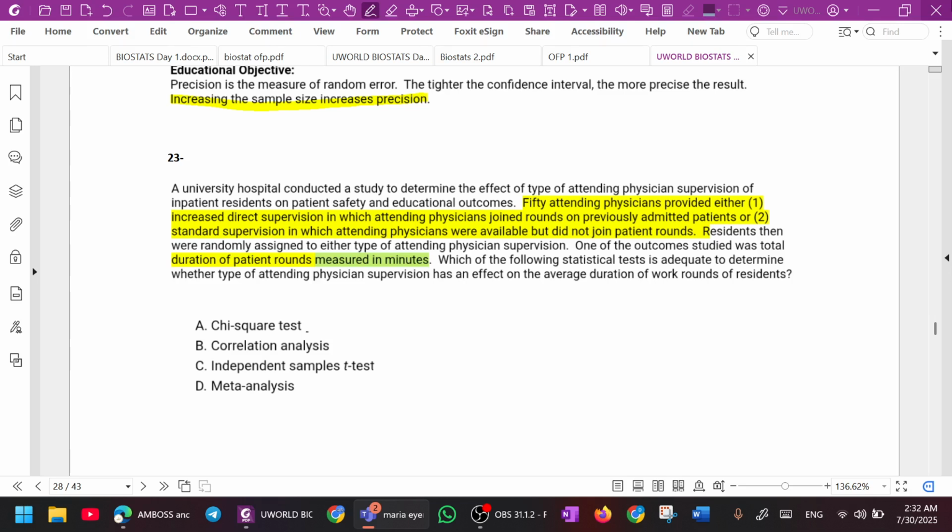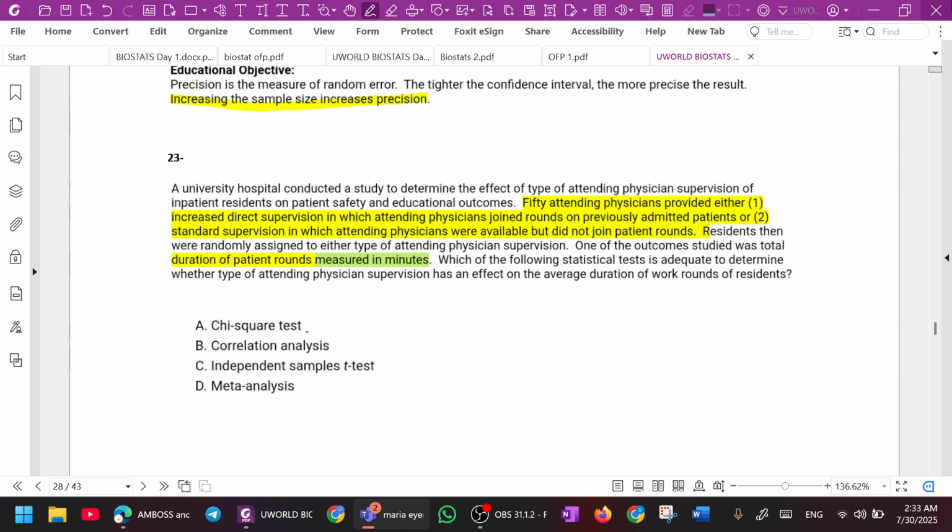Wait, am I missing something? Oh no, it's Dr. Manan here. Biostats, day two. Okay, you are confusing that cross-sectional table with this. Was it not this one? Am I missing something? There was a table for that, right? I'm not making it up, right? I know there is a table for that. Oh, but there it is. Okay.